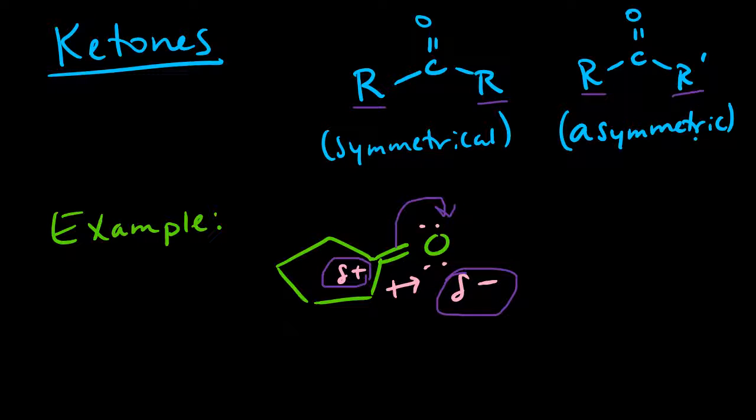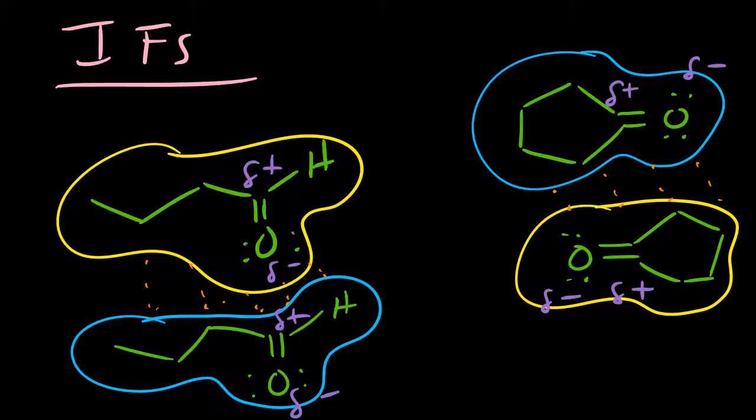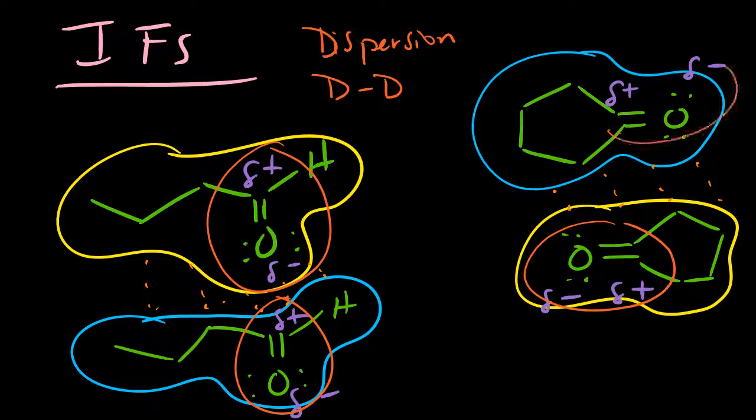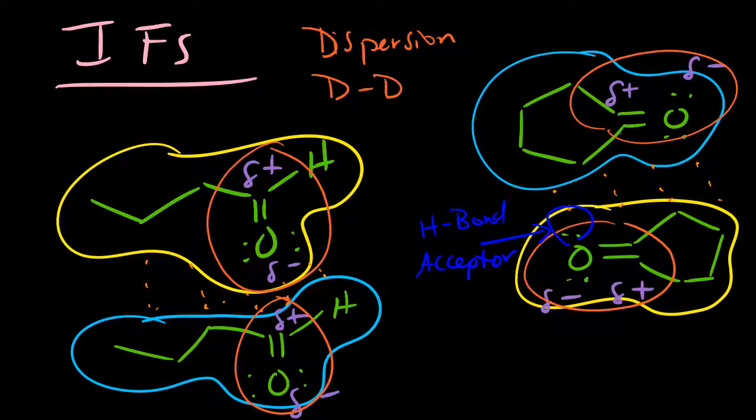and an electron-rich oxygen. As far as intermolecular forces go, you have dispersion, of course, that will take place with aldehydes or ketones. You do have dipole-dipole interactions because of the polarized carbonyl, the C double bond O, that can interact. However, you have a hydrogen bond acceptor, but no hydrogen bond donor. And so you will not have, between two molecules of an aldehyde or ketone, an H bond. However, it will not H bond with itself,